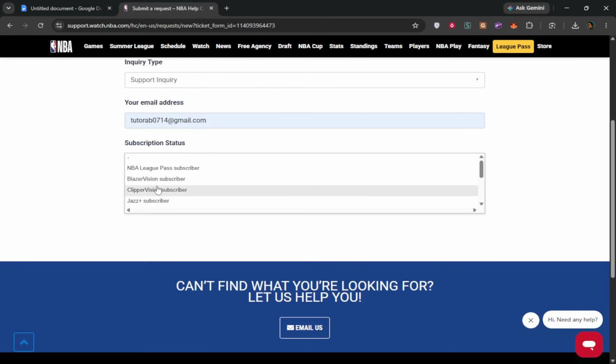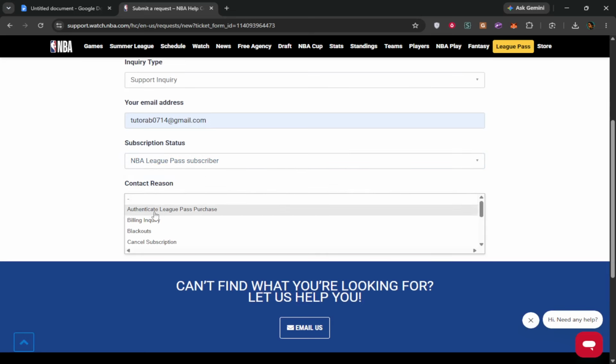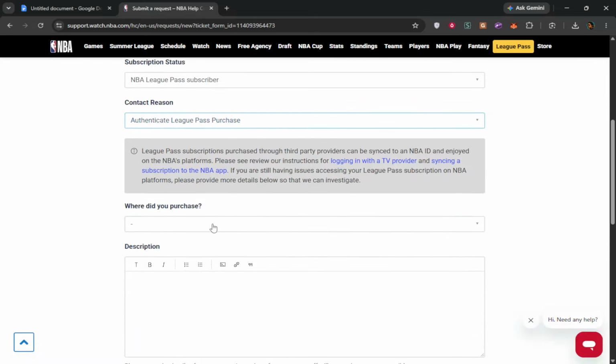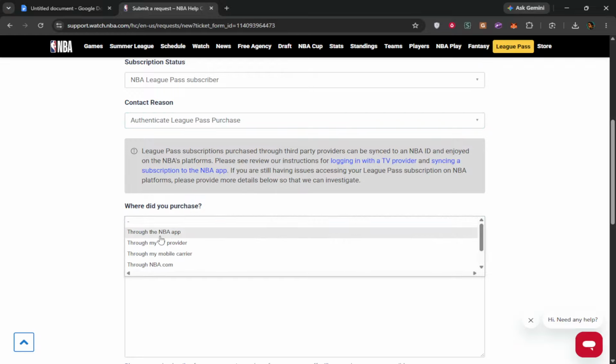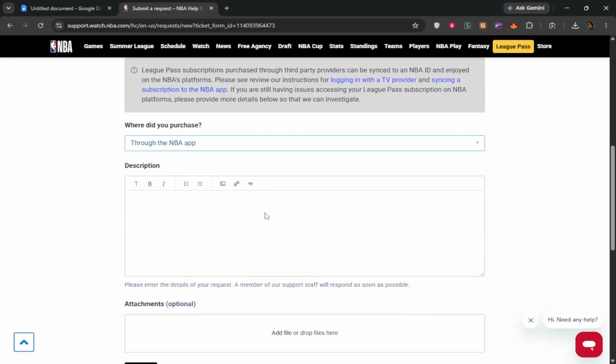With that ready, enter your account information and describe your issue. Be as detailed as possible in your description to ensure the support team understands your situation. Include relevant details such as error messages or specific features you are having trouble with. This context helps them provide a more accurate and timely response. Filling this out thoroughly is key to getting the best help.